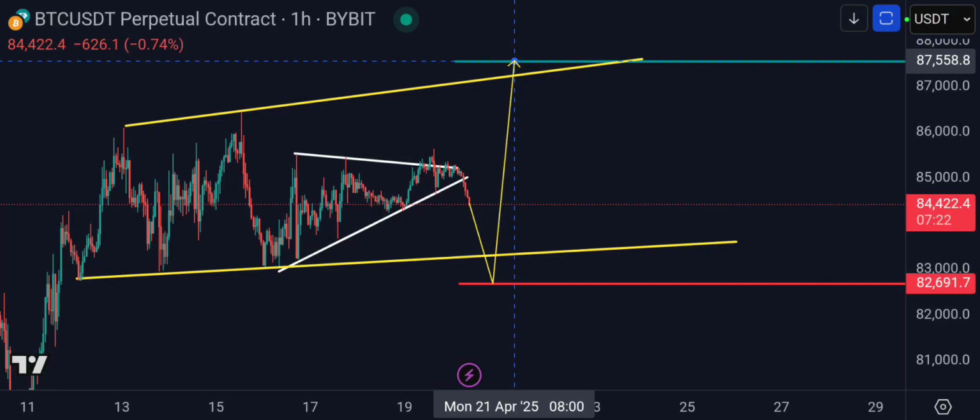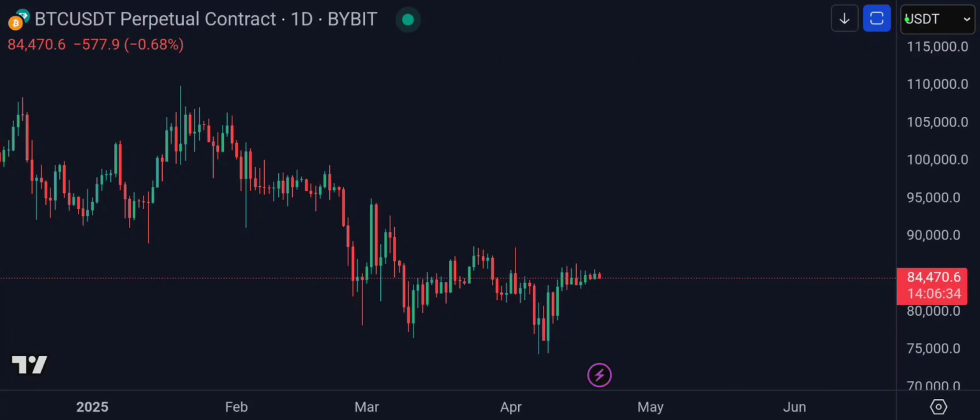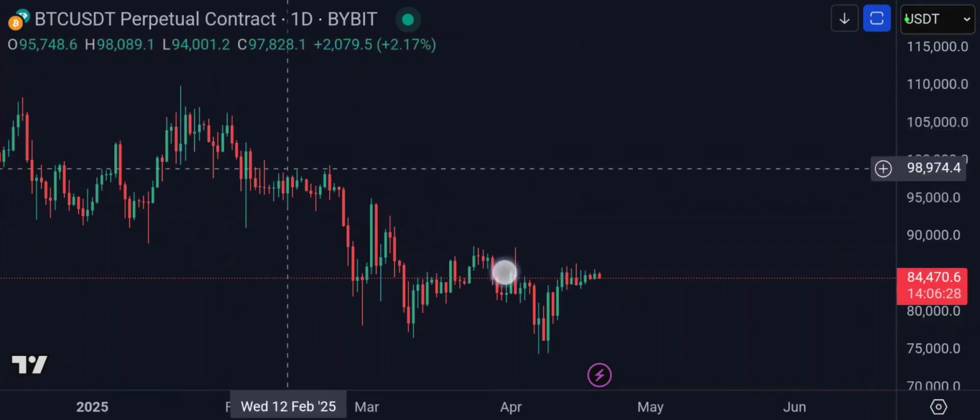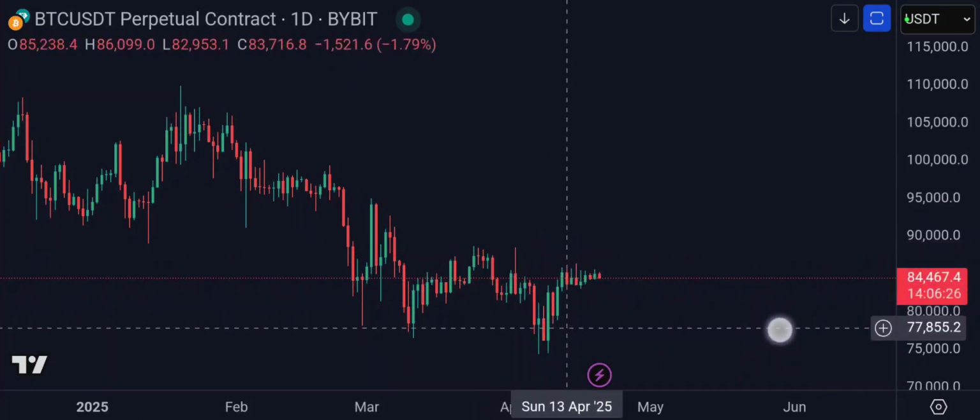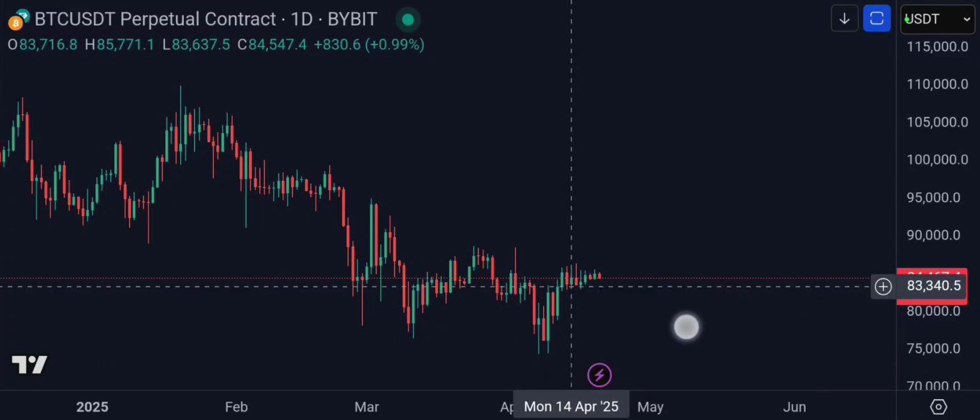So this is the shorter time frame analysis, what we could be expecting in the next few hours, and we move over now to the longer term analysis. Now for the longer term analysis, there is something that we could actually see very evident. That is the fact that the price of Bitcoin has just been going on a downtrend and getting newer lows